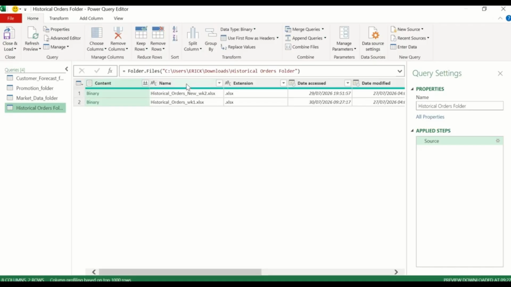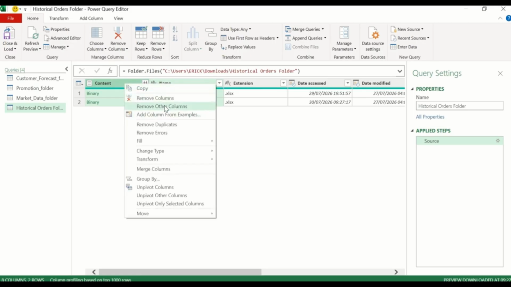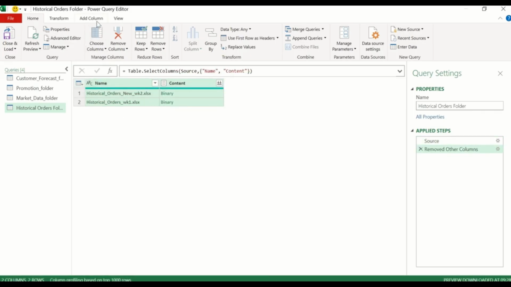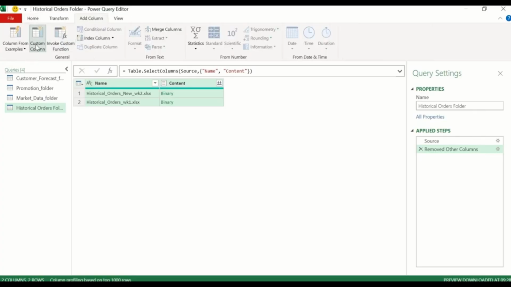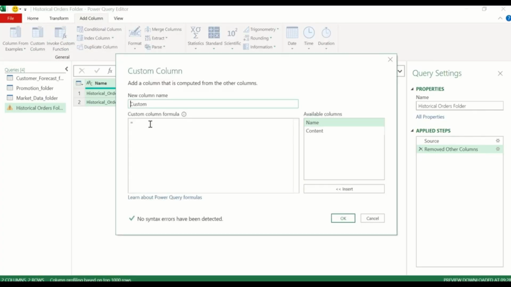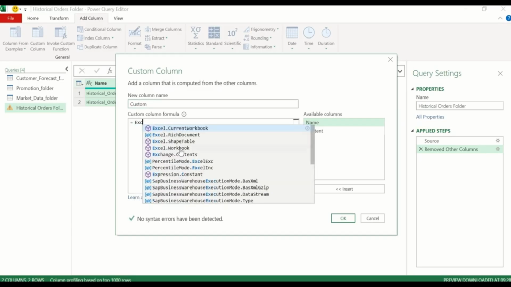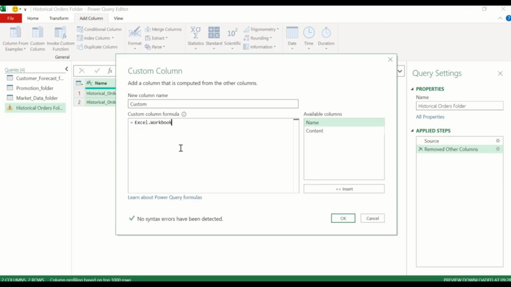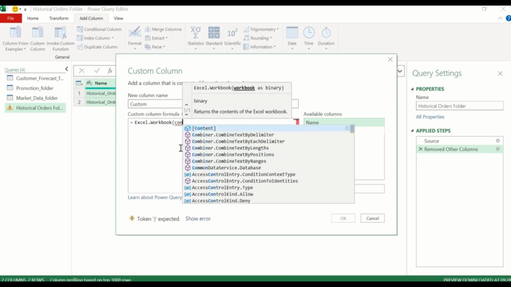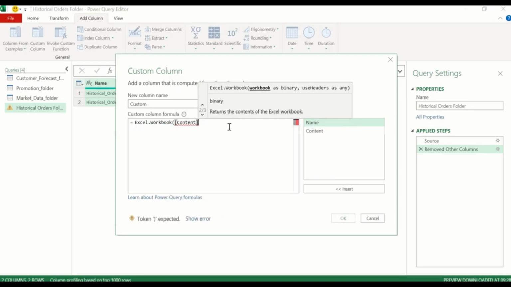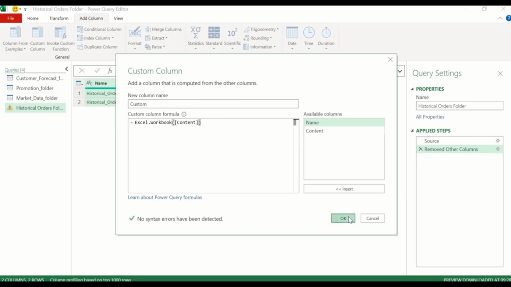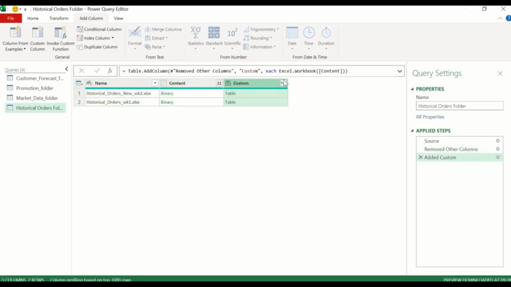And then you highlight this and content, and then you right click, remove the other columns, and then come to add column, custom, and then here write Excel formula, Excel workbook, into bracket, content, close the bracket, and then click on OK, and then expand this,